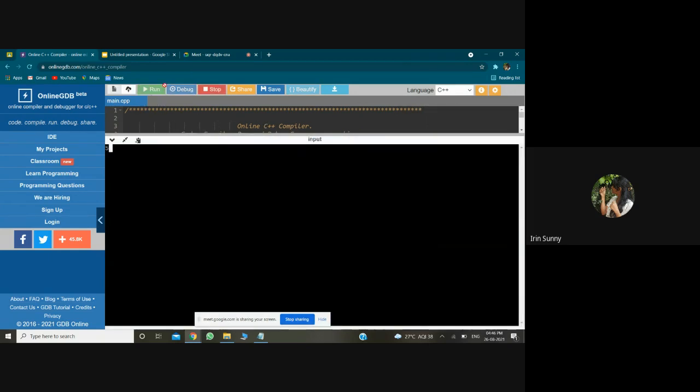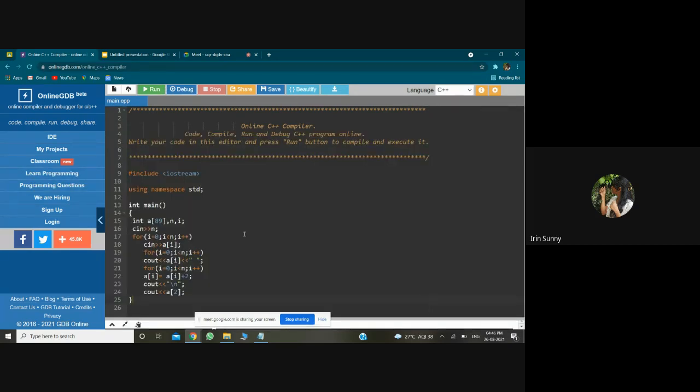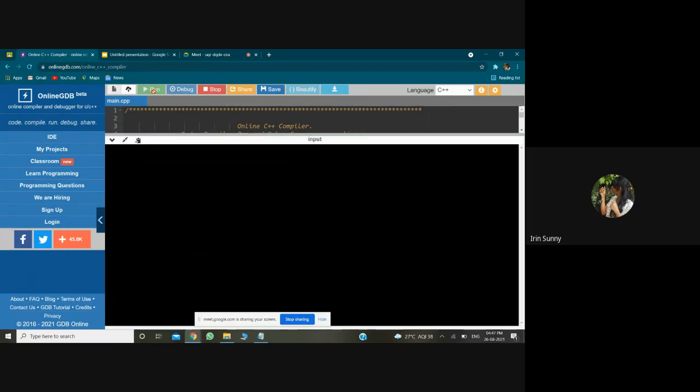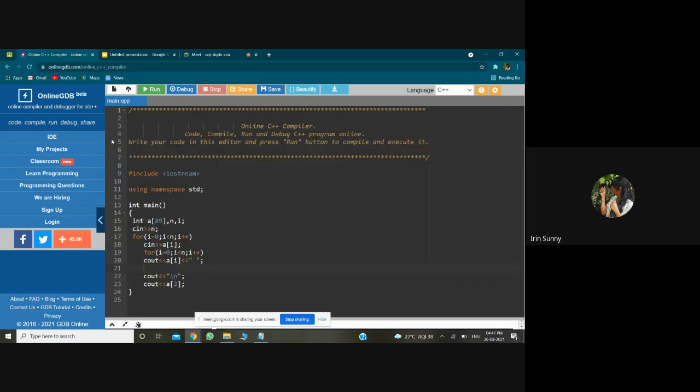That is, there are 5 elements. The elements are 4, 6, 7, 8. Now what happens is the last step actually prints the element in the second position. That's clear? So once again, what is in the second position? 5. The output is 5. This is how you can actually access any element from anywhere in the array